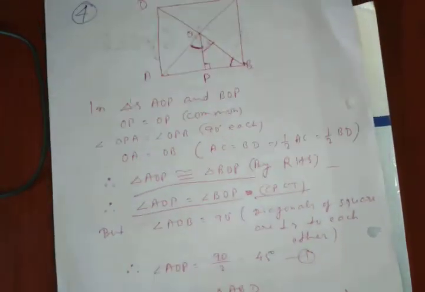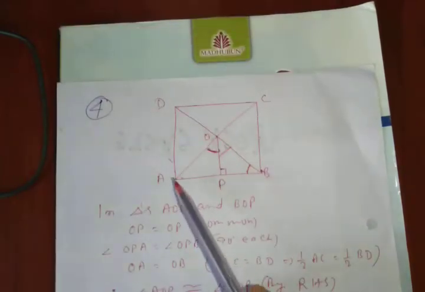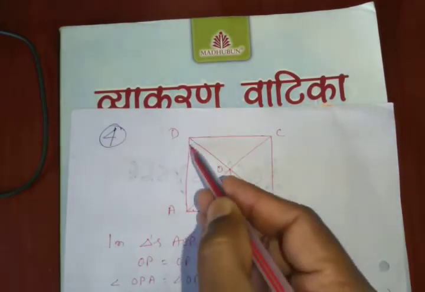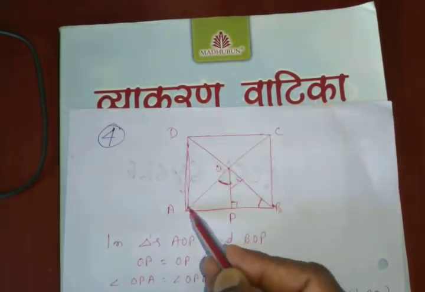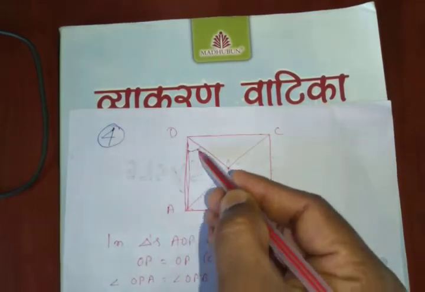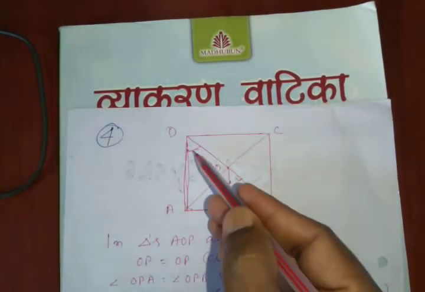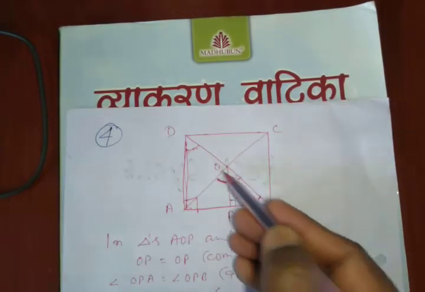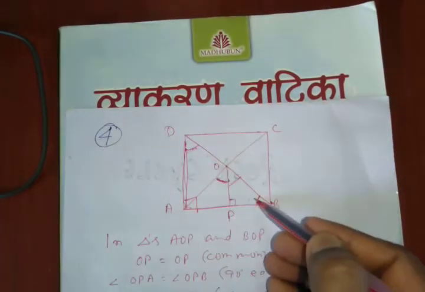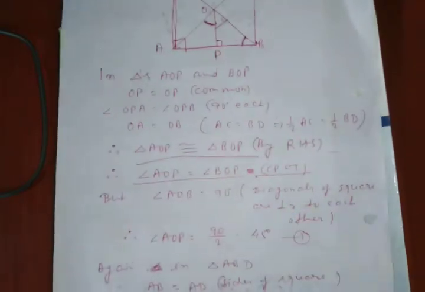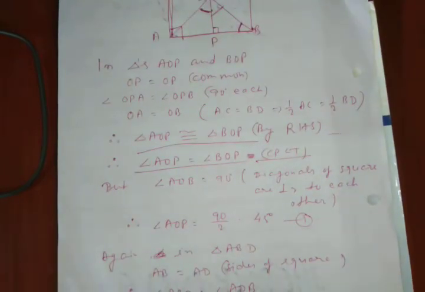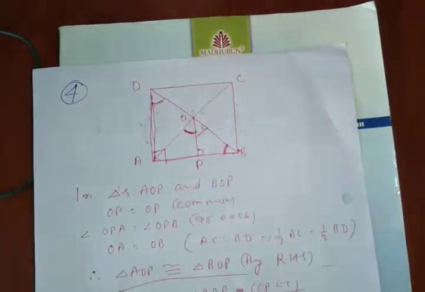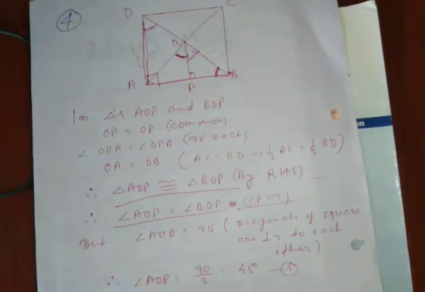So 45, and in triangle ABD here. So you know, in this triangle ABD, again this and this are equal because these are the sides of the square. So these two angles will be equal. So these two are equal here, but their sum will be equal to 90 degree because this is 90 degree here. So the sum of these two angles is 90. Then these two will be equal to each 45 degree. So here I have found that this is 45 degree here, and therefore this angle is also 45, and this angle is also 45, and therefore angle AOP equal to angle PBO.